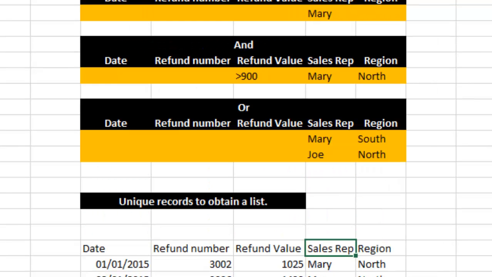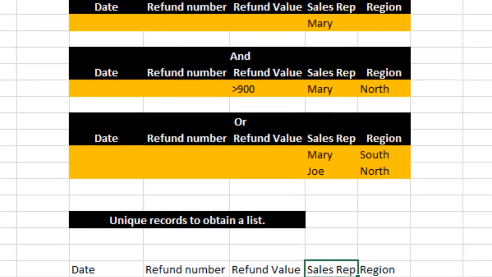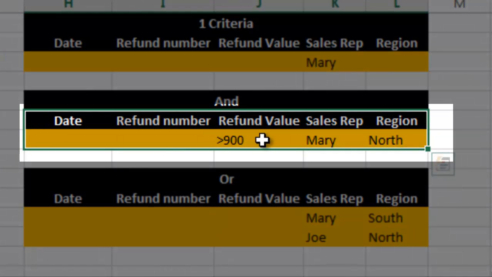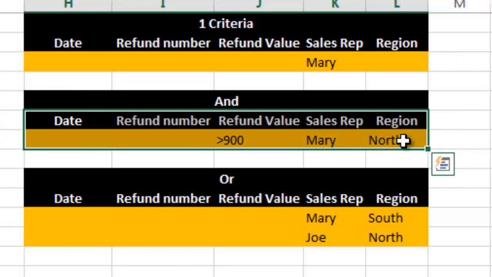filter that we set. So when you have multiple criteria and all of the criteria must be met, you need to ensure that these criteria are in the same row of the criteria table. So have a look here at the second table that we built. So all of these criteria, so it has to be greater than 900, it has to be for Mary, and it has to be for the region of North. So all of them must be met to extract this particular data. So it's the same as the AND function. So it has to be over 900, and it has to be for Mary, and it has to be for